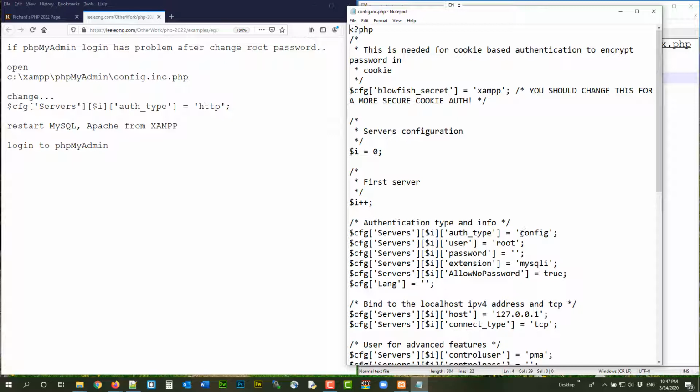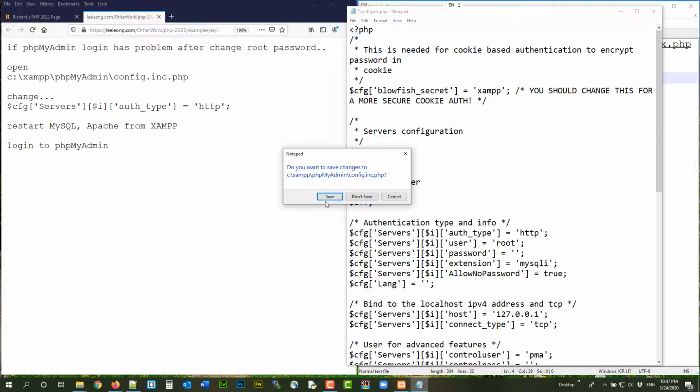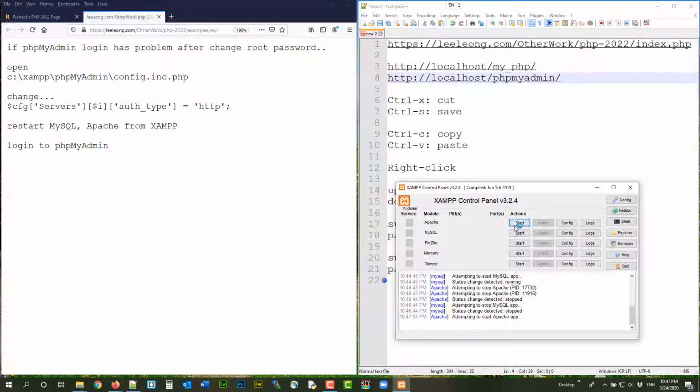Authentication type: change it to HTTP authentication instead of configuration. If you follow configuration, it will take the username and password here, which is probably not a good idea, to put your username and password in the configuration file on your server. So probably we should just do that. So change that. Save. Restart your Apache and MySQL. This time,